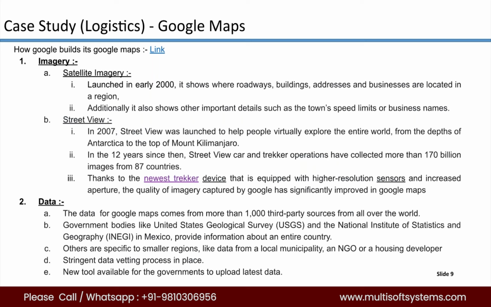Data for Google Maps comes from more than 1,000 third-party sources from all across the world. For example, I saw this in Sydney and I experienced this in Bangalore and Bombay also. If I have to go from place A to B in all these three cities, I can map that on my Google Map on my phone. It will tell me the entire route. In Sydney, it will tell me how much I have to walk, what time I'm going to walk to the bus stop, and at what time the bus will be coming. And it actually does come at that time in Bangalore, in Mumbai, and in Sydney.